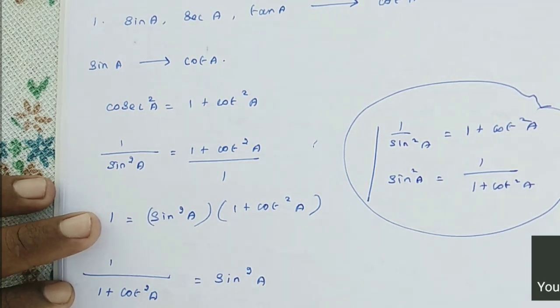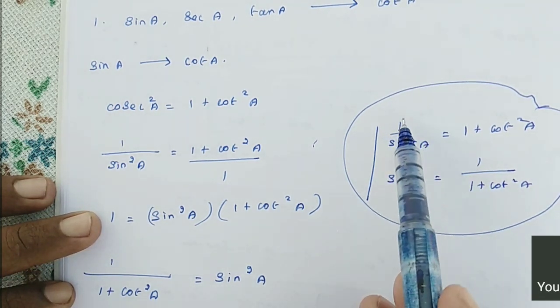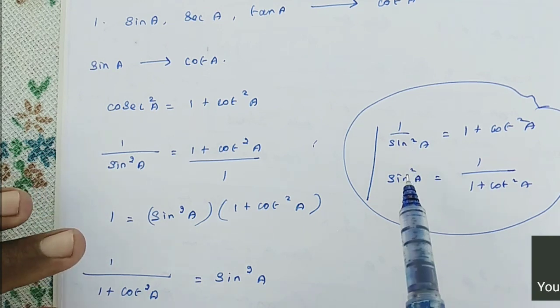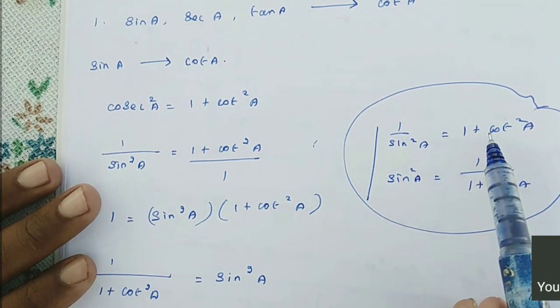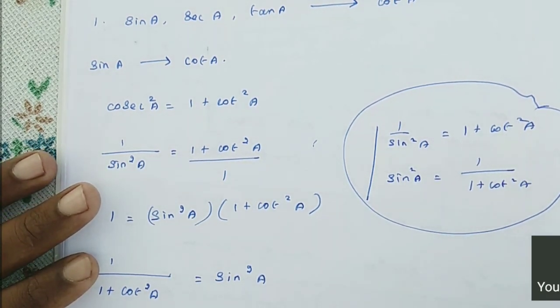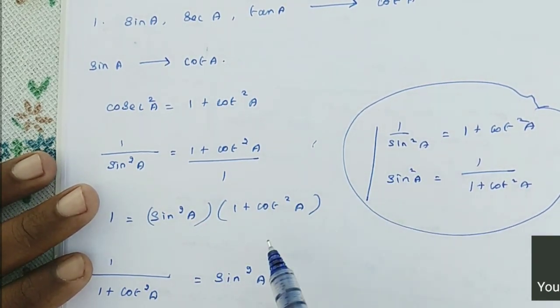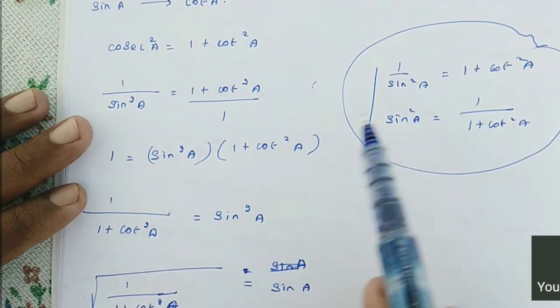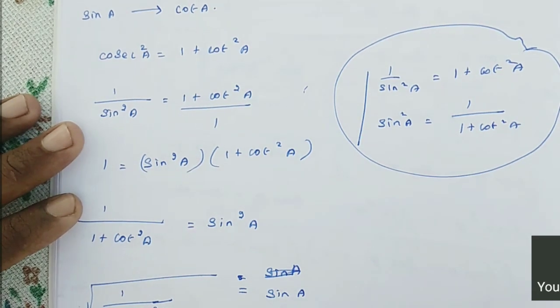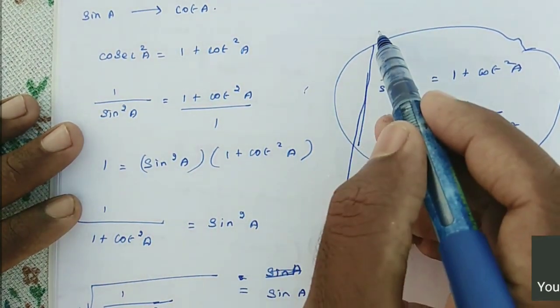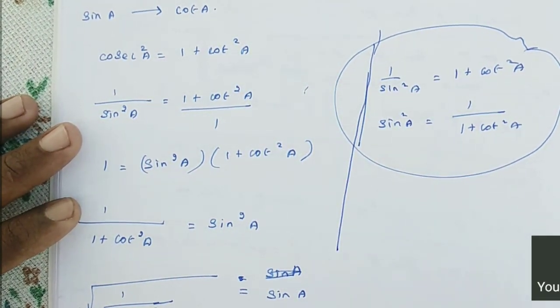Here 1 by sin A, so you can write sin A as 1 by root of 1 plus cot squared A. Clear? So instead of these two, you can use this one. Whichever is the better, easier one, you can do it. Clear? Any doubt? Okay. Shall we move to the next problem?